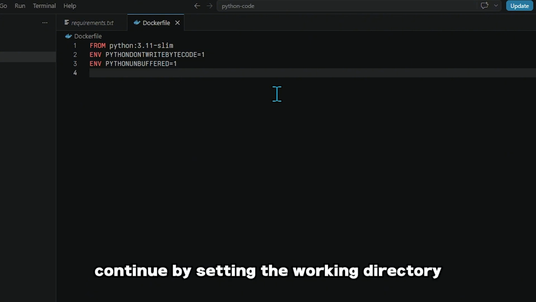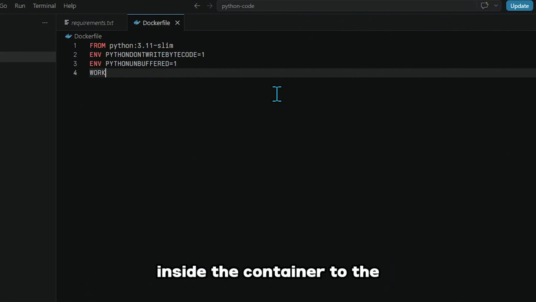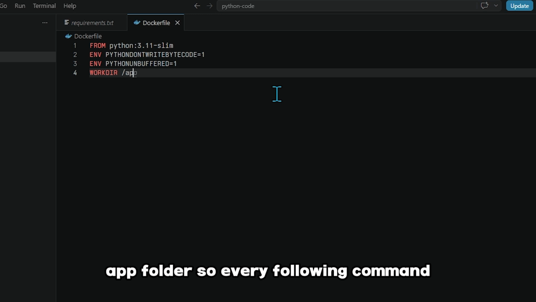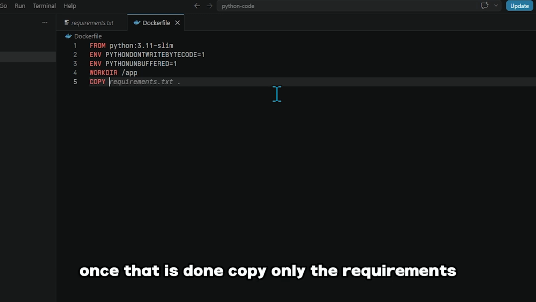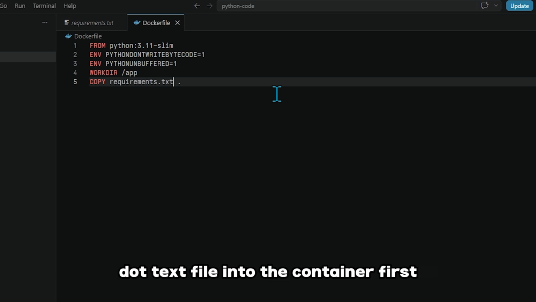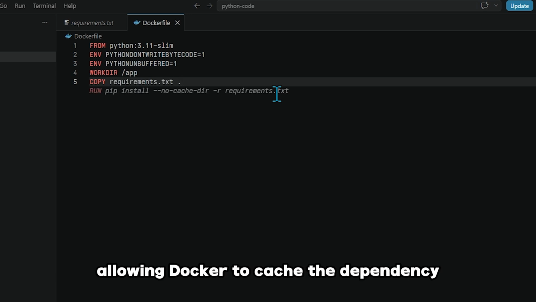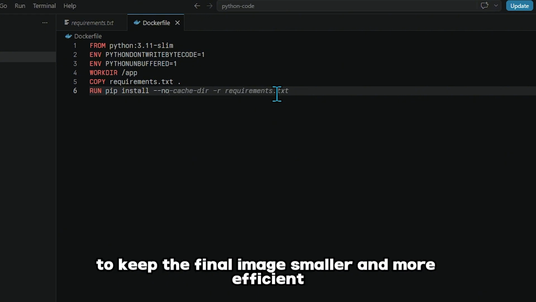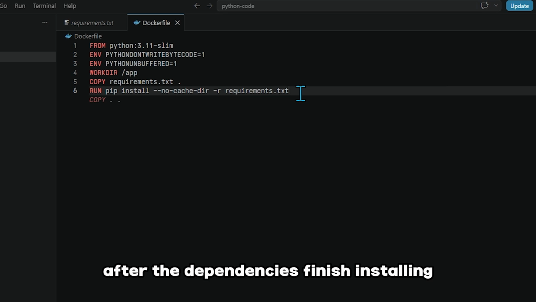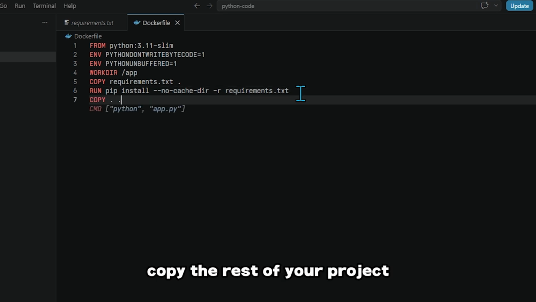Continue by setting the working directory inside the container to the app folder so every following command runs from the correct location. Once that is done, copy only the requirements.txt file into the container first, allowing Docker to cache the dependency installation layer. Next, install all required Python packages without using the package cache to keep the final image smaller and more efficient. After the dependencies finish installing, copy the rest of your project files into the container so your